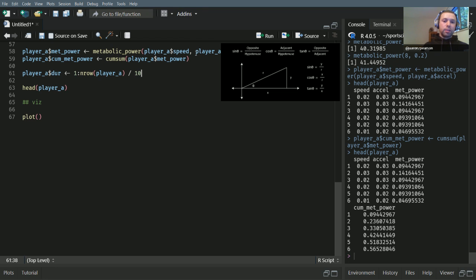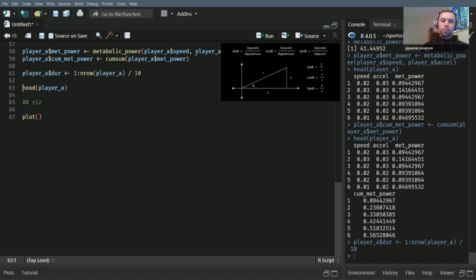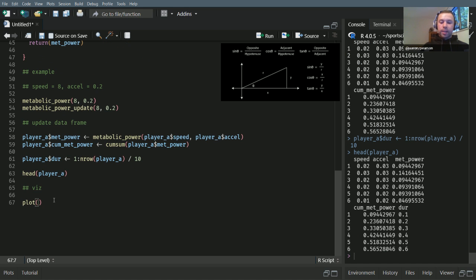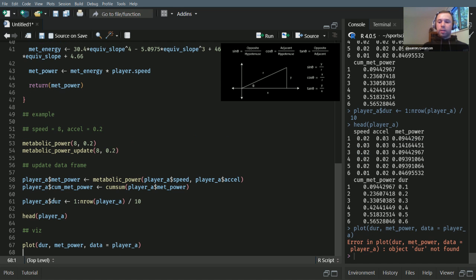So let's assume it's at 10 hertz. So now again, there we go. We have a duration. So plot, we'll have on the x-axis duration. On the y-axis, we will have metabolic power. Our data is player underscore A, and that should